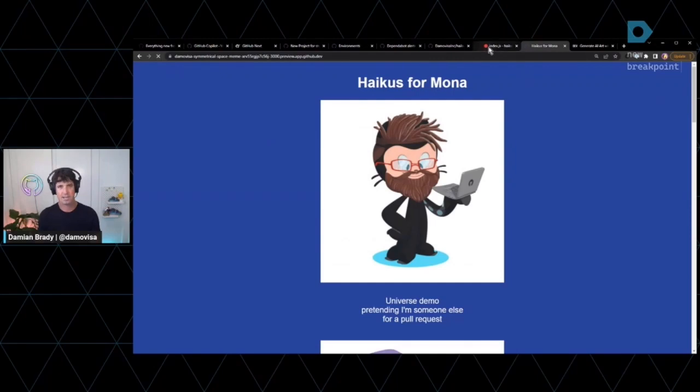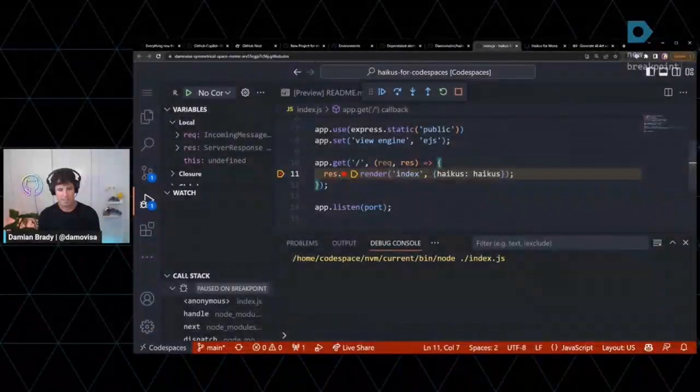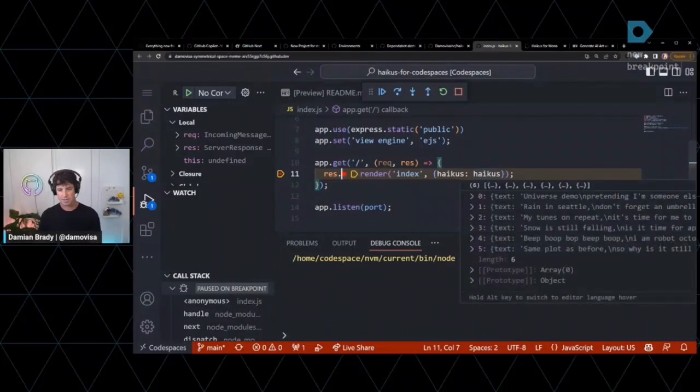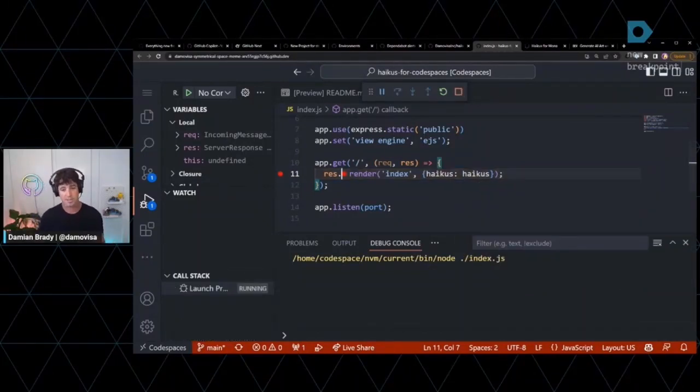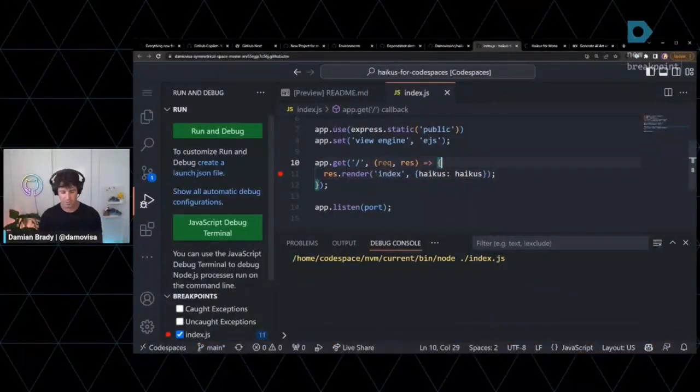You can see even in the little icon here that we've hit that breakpoint, and we can see all of the details here. So we can debug the way we normally would. Now, this is the out-of-the-box code space as well, and there's a lot of work being done around